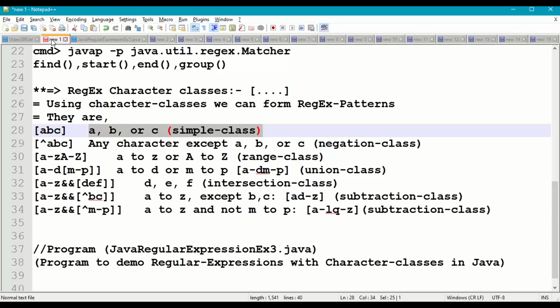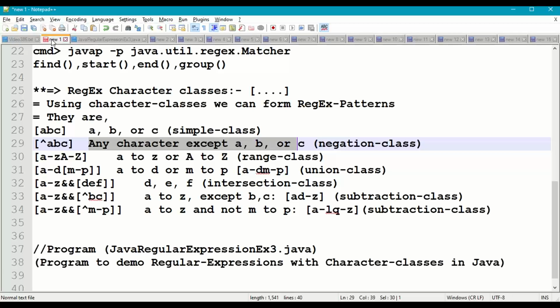So this is a simple class. Inside the square brackets, if you use the exclusive-or or not symbol, the caret symbol, so caret ABC, it means all characters except ABC. This is called a negation class.